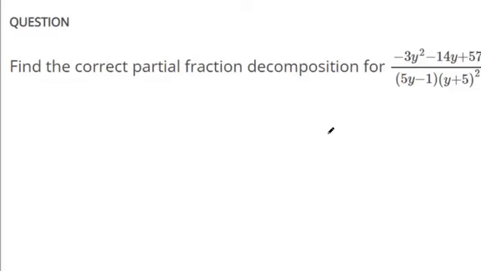So if we're supposed to find the partial fraction decomposition for this guy over here, then we have to note that there's a repeating linear factor. Y plus 5 comes up twice. This could be written as y plus 5 times y plus 5. When you break that expression down,